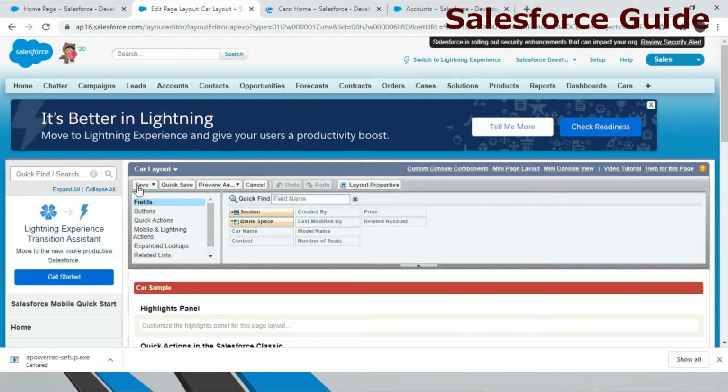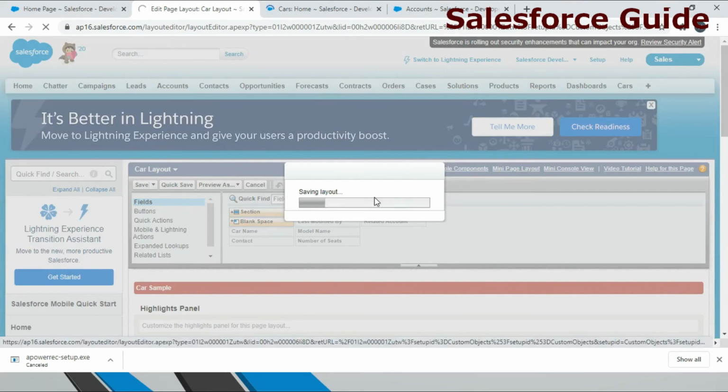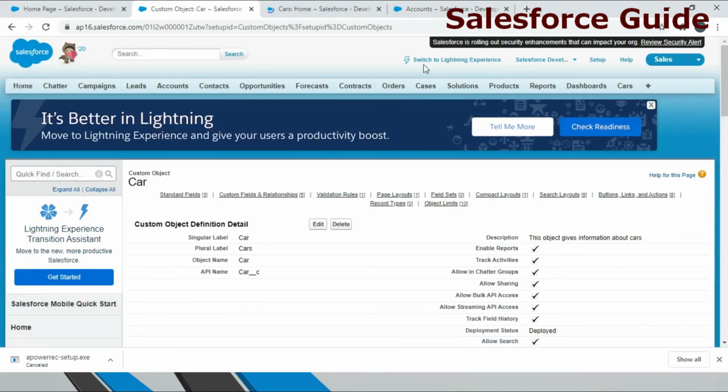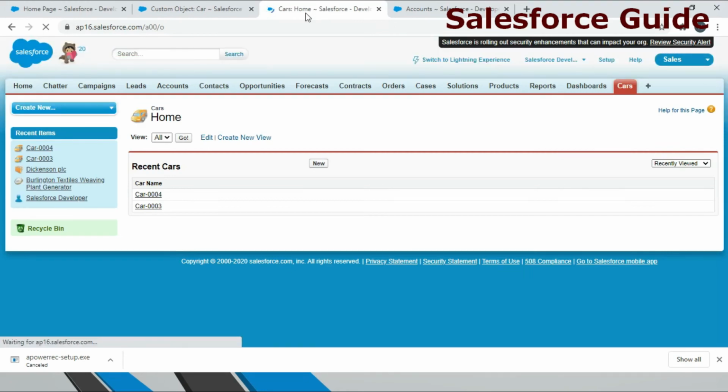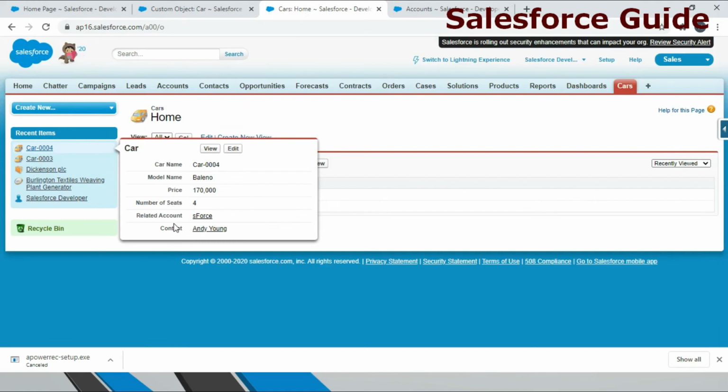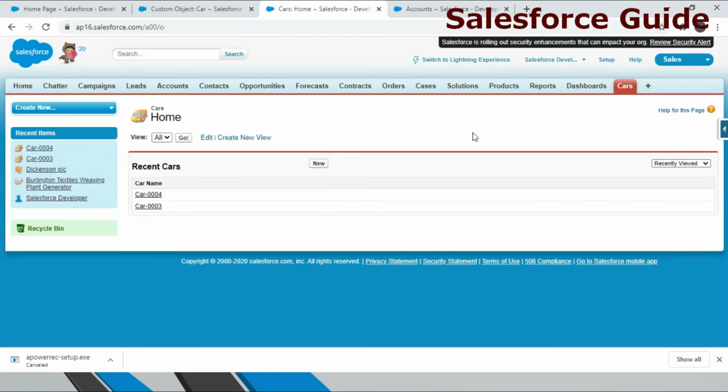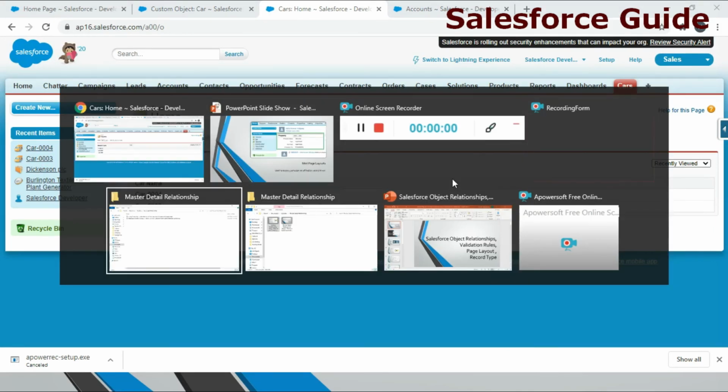We haven't saved it, so firstly we have to save it. After saving, you will see the newly updated list here. See, you have the contact here, and we have added the model name and car name itself. So this is how the mini page layout works.